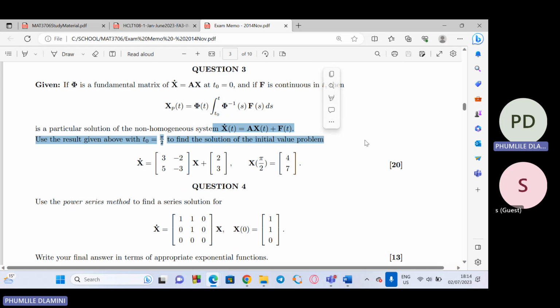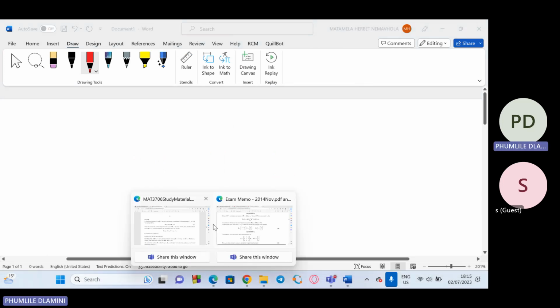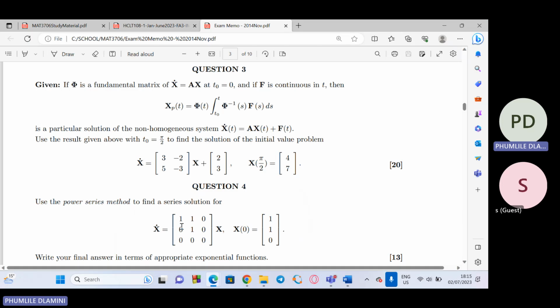So the first thing that we're going to do in order for us to find the solution of this system, given all this information, we will have to first find the eigenvalues. To find the eigenvalues, we're going to use this matrix, the first, this 3, minus 2, 5, and minus 3. Then when we use it,